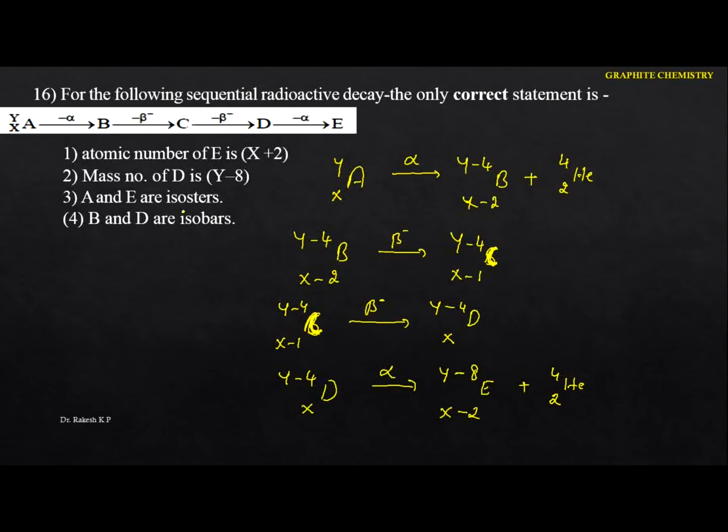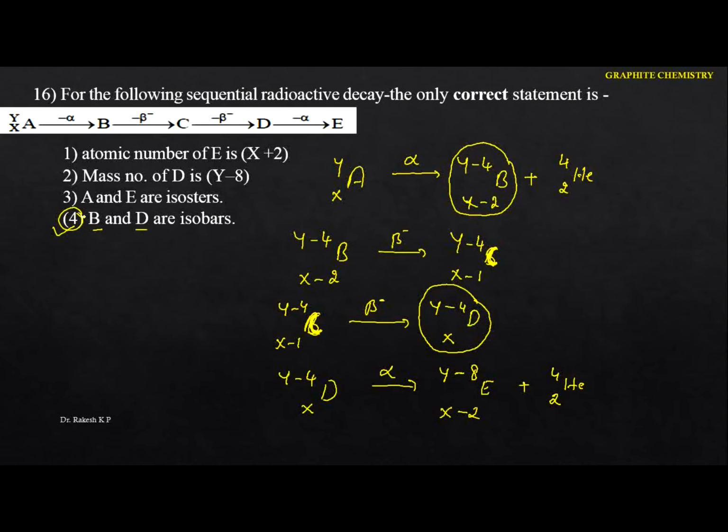Isosters are atoms, ions and molecules that have identical outer shells of electrons. Okay, that is not possible. Just go to B and D. Let me take B, that is this one, and also this one. So B and also D, here the mass number will be the same, but the atomic number will be different. Hence you are going to call them isobars. Hence in this case the option is the fourth one.